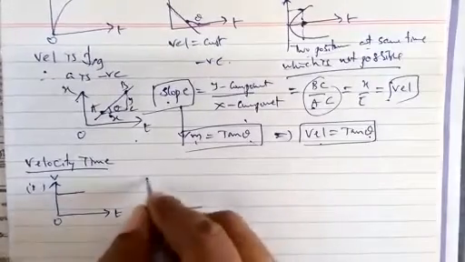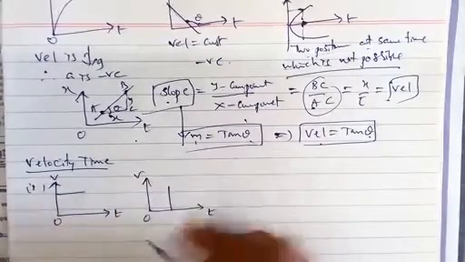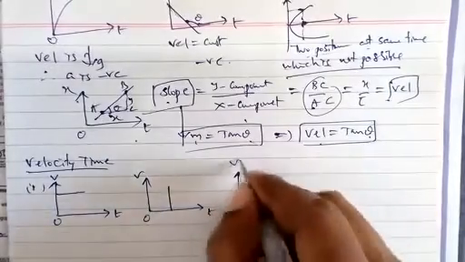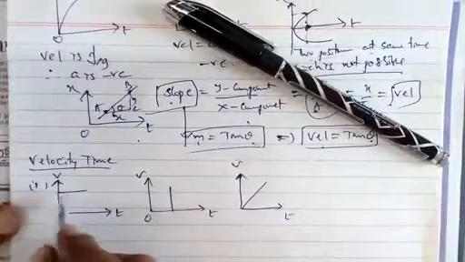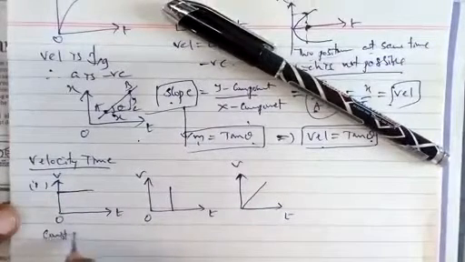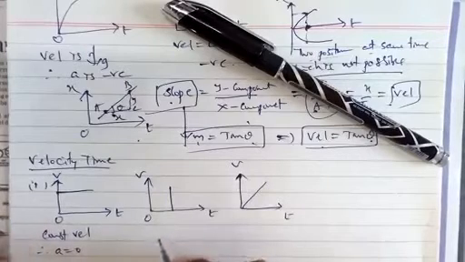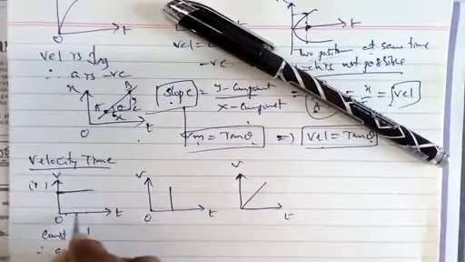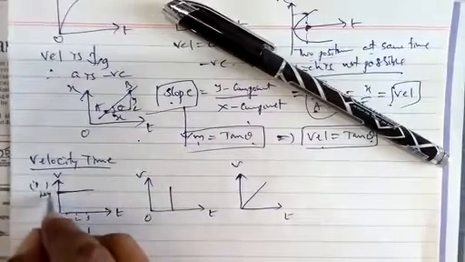Next, a velocity time graph like this, v and t. What do you say about this one? Velocity is constant. Is this correct? Here the body is having constant velocity. In the first one, velocity is constant, so acceleration is 0. In this, velocity is not changing, it is constant, while time is increasing: 1 second, 2 seconds, 3 seconds, 4 seconds. And velocity here may be 20 meters per second.